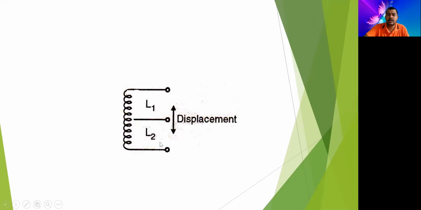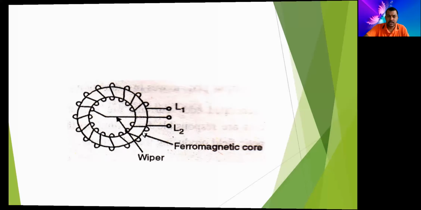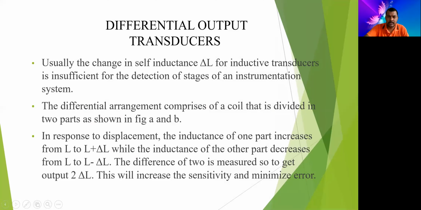Yeah, this is the example of that. So we are having two coils L1 and L2, and we can displace the center so that we will have different types of voltages. Similarly, for angular displacement, we can have this type of arrangement. We will have two coils, एक कॉइल जो सेंटर में बनी है वो, और दूसरी ऑटोमेटिकली दूसरे साइड की बन जाती है, तो एक कॉइल ये और दूसरी कॉइल ये। So here we are having two coils, and this is a ferromagnetic core on which the wire is wound in circular motion. The wiper can be rotated on that.